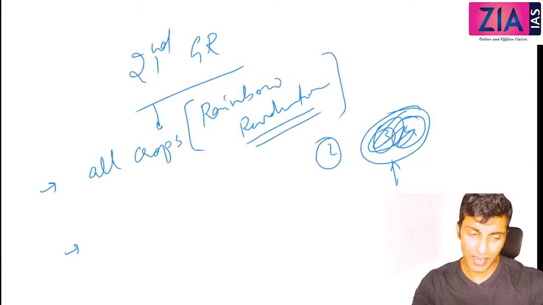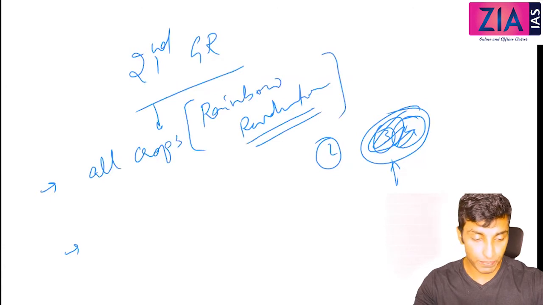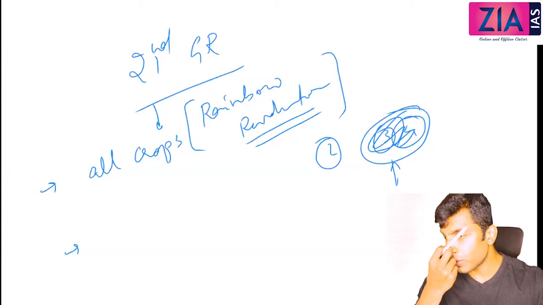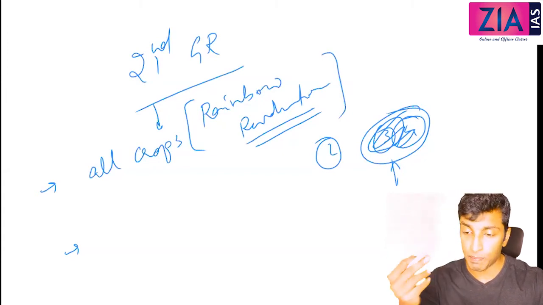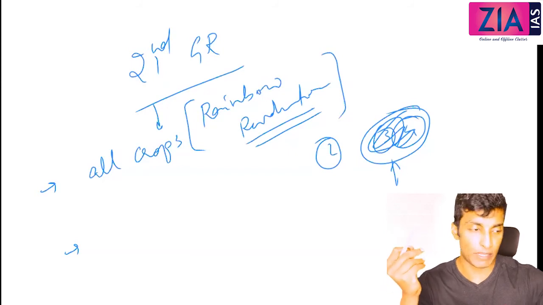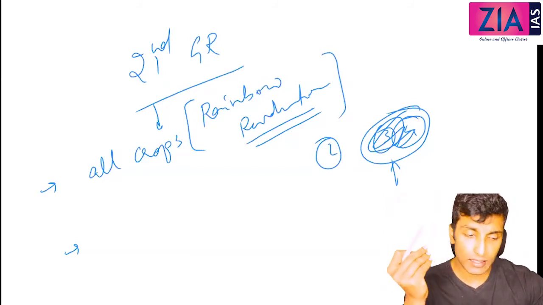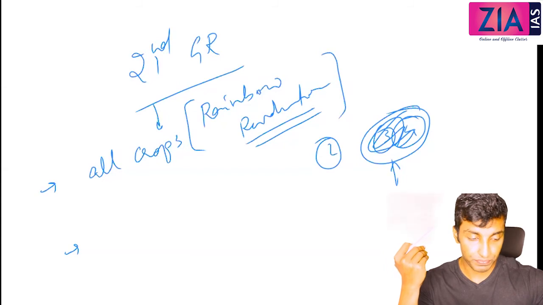Then common points you can write: organic farming to be promoted. Sustainable agriculture, nature friendly fertilizer like organic fertilizer instead of chemical fertilizer, biopesticides. You can also go for GMO, genetically modified organism related crops, so that they will be pest resistant and you don't need to use pesticides. All these are the points you can write under this.